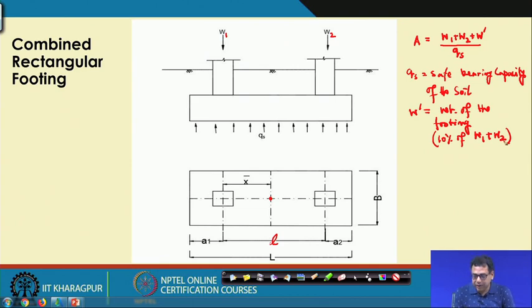So, this way I can get the area, and then